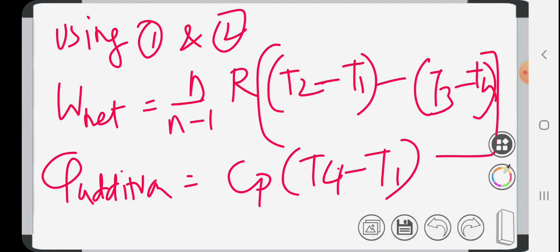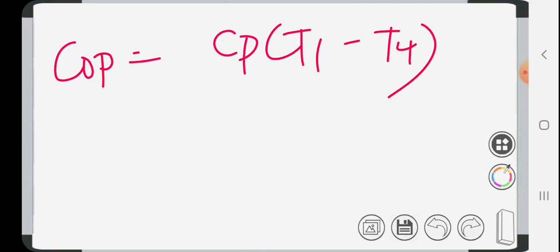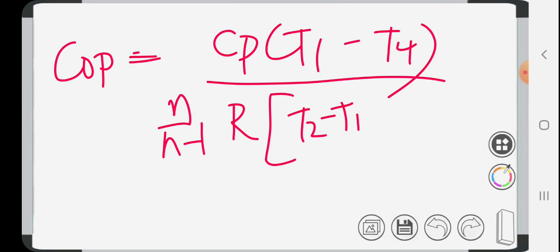So you can get COP as Cp (T1 minus T4), since T1 is higher, by n by n minus 1 into R, times (T2 minus T1) minus (T3 minus T4),